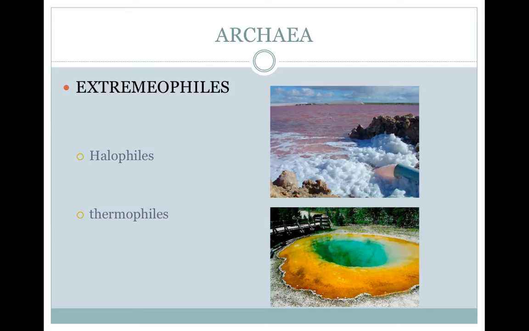Let's start with Archaea. Originally, all Archaea were thought to be extremophiles. That means that they're able to survive in very extreme environments, oftentimes reminiscent of early Earth. Extremophiles include halophiles, which love salty water. We find them in places like the Dead Sea and the Great Salt Lake, which have a very high salt concentration. Extremophiles also include thermophiles. They love very hot environments. These are the types that you find near the deep sea hydrothermal vents and also in hot springs.